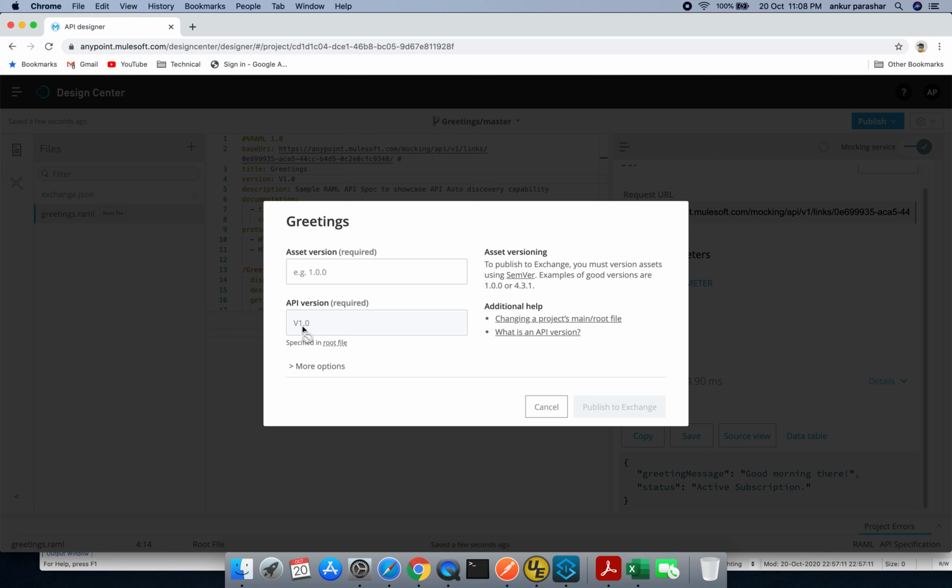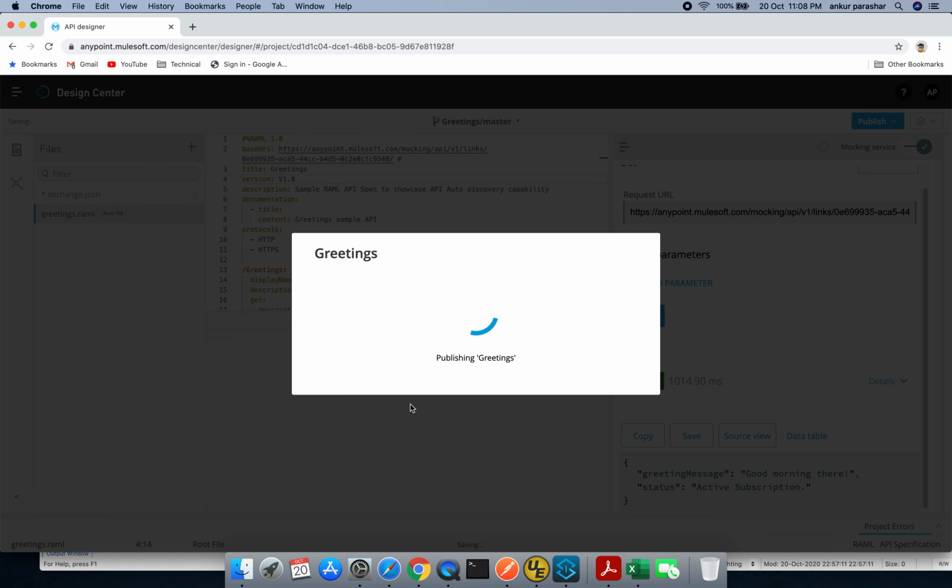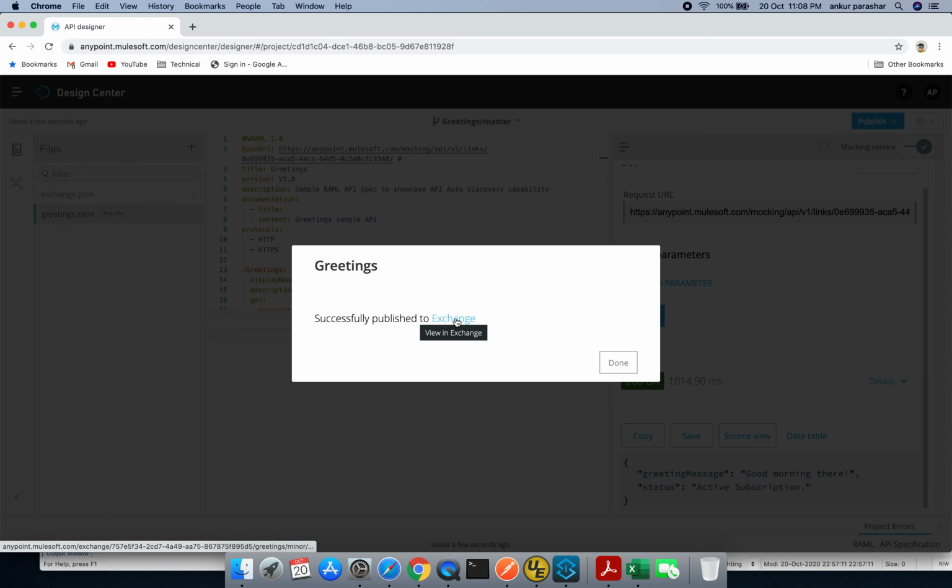So this time it automatically took this particular version tag value. I will put the asset version as 1.0.0. I will click on publish to exchange. It will take a couple of seconds to load. It seems it is published. I will click on the exchange hyperlink,